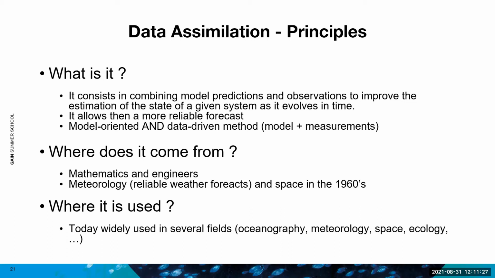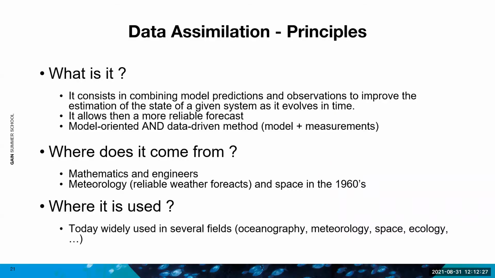And mainly it consists in combining the model prediction, so what I showed you, and the observation to improve the estimation of the state of the model, and to try to make the parameters of the model not so static. Every new data you are acquiring, you will use it to improve your model and to improve the state of your model. So it allows a more reliable forecast, because